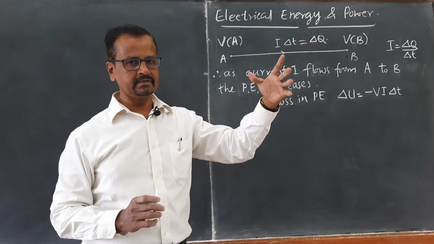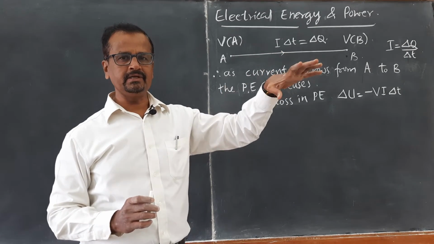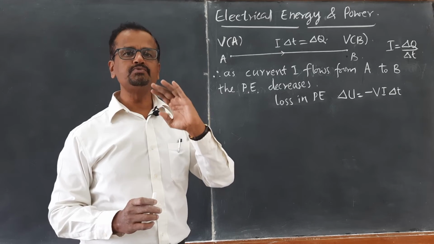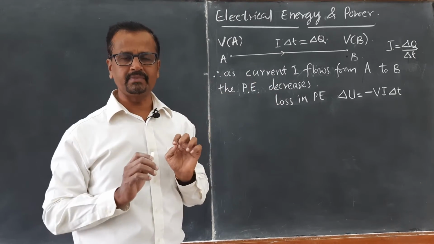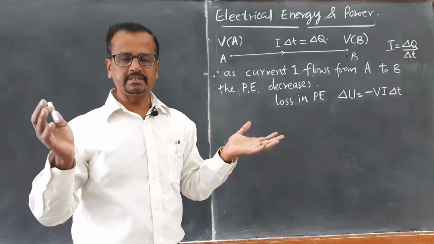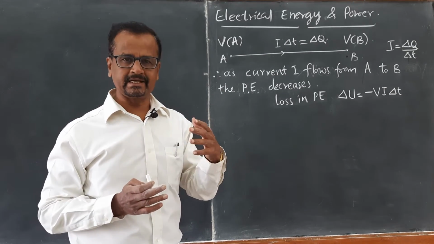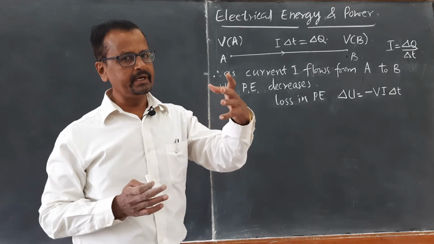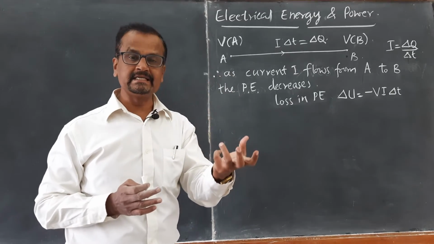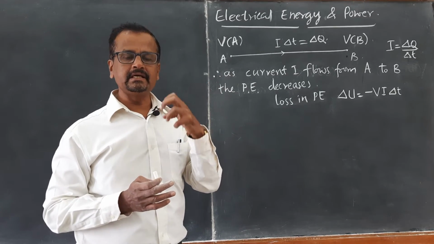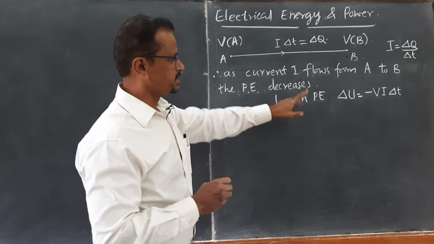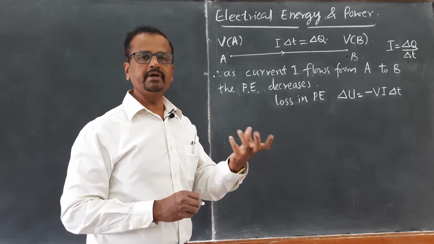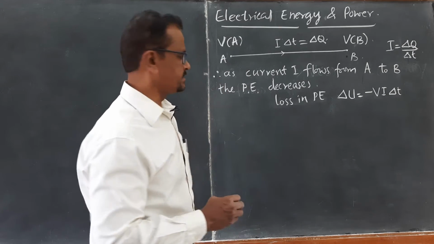This is what we have studied. So, as a result of acceleration, what happens? The speed of the charges increases. Think that there are no collisions taking place. When there are no collisions, the charges accelerate. As a result, the speed increases. When there is an increase in speed, it leads to increase in kinetic energy. So, loss of potential energy must be found in the form of gain of kinetic energy.